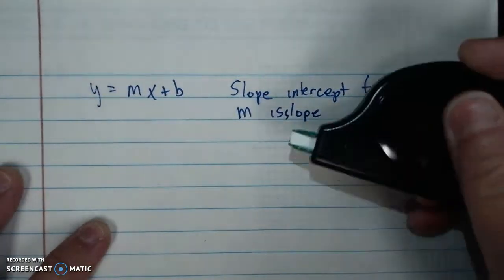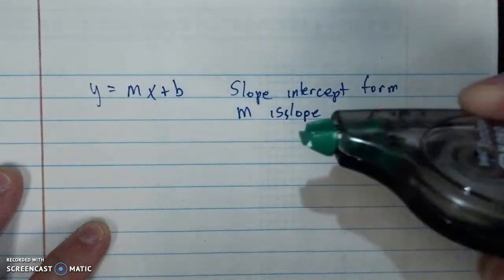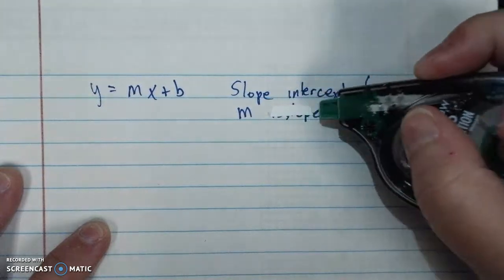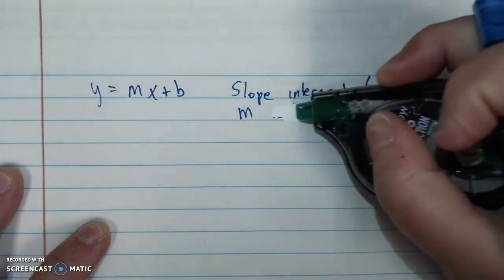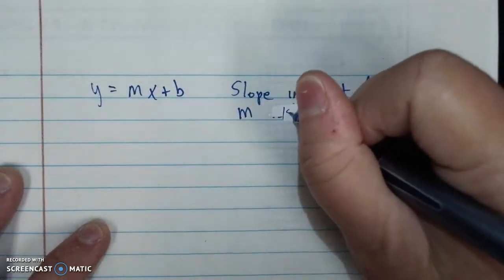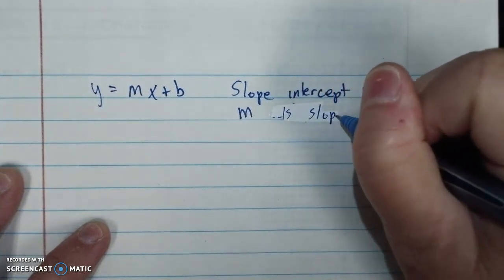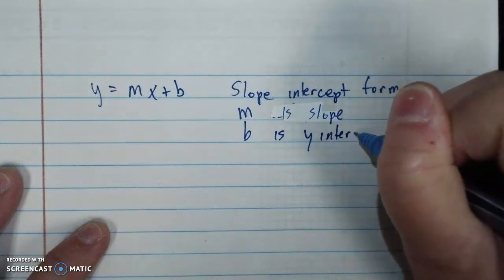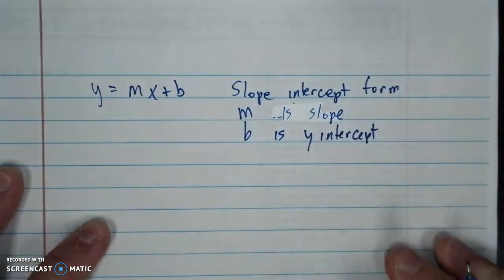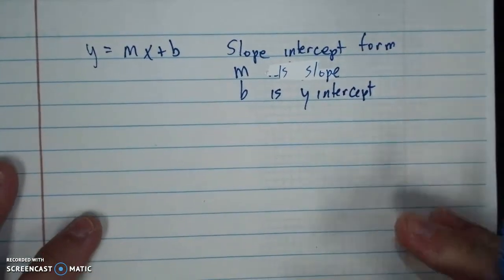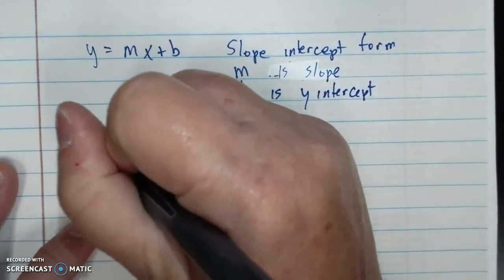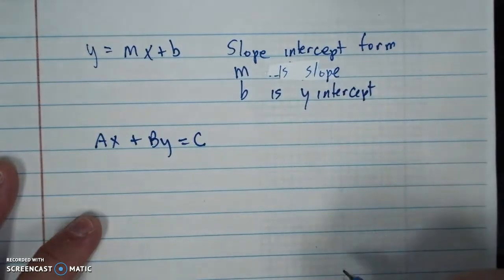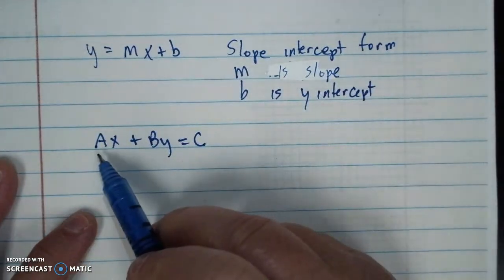Pretty sloppy. Let's try that again. M is slope and b is y-intercept. Okay? Now we're going to transition to ax plus by equals c, where a is a coefficient and is a number,